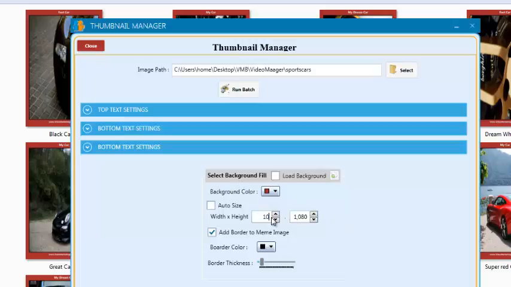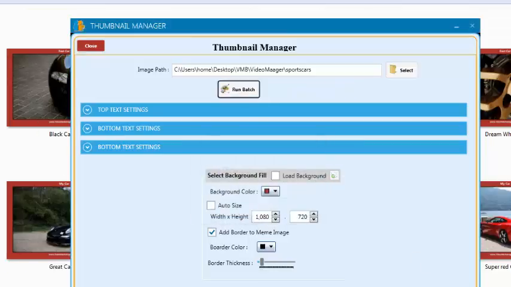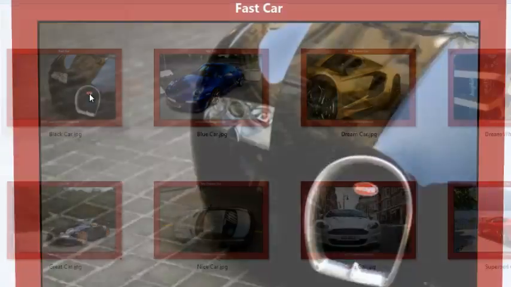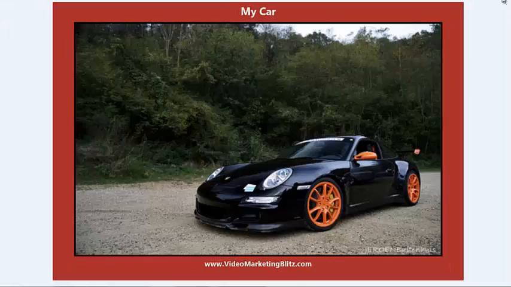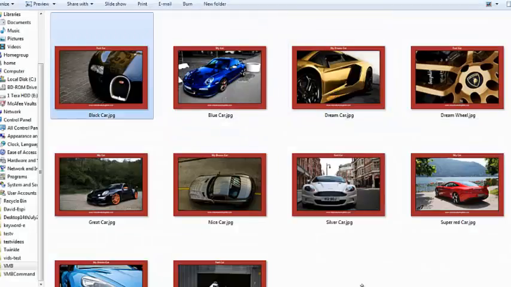Okay, let's do 1080 times 720, and we can run the batch. Okay, so this is more of a size that you'd have for something like YouTube. So as you can see, the quality is much better here as well. What you can do as well, though, is if you want the background color,